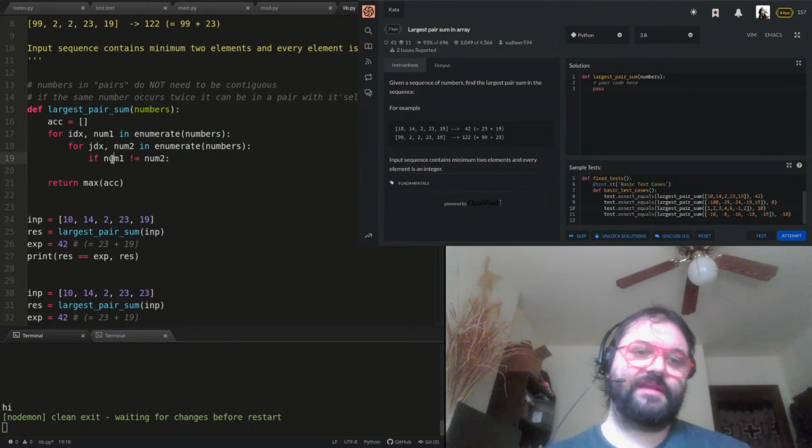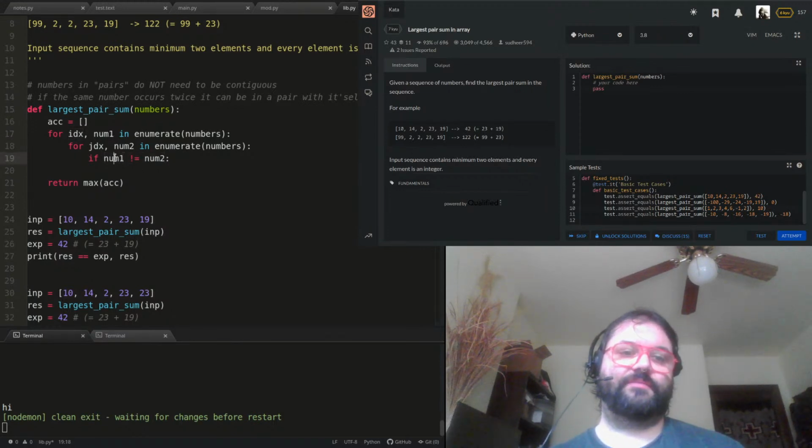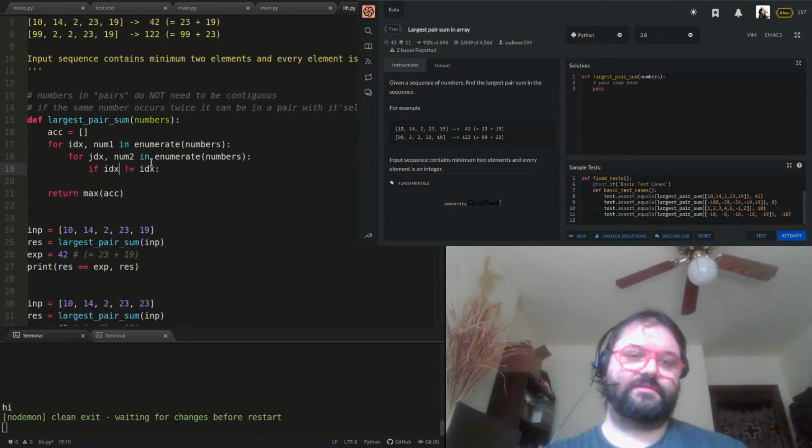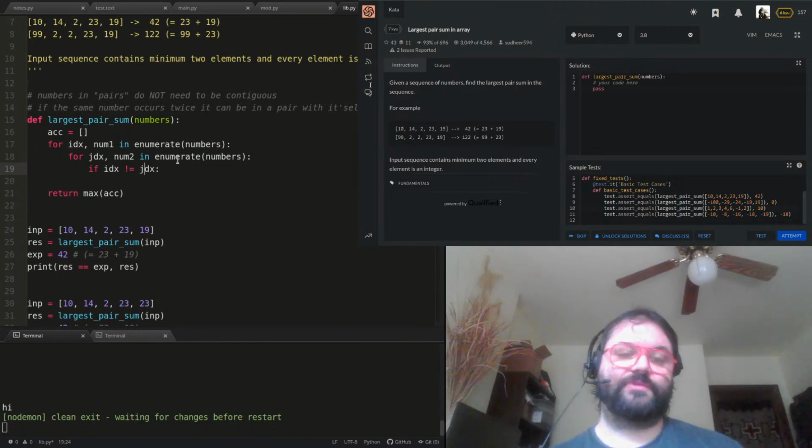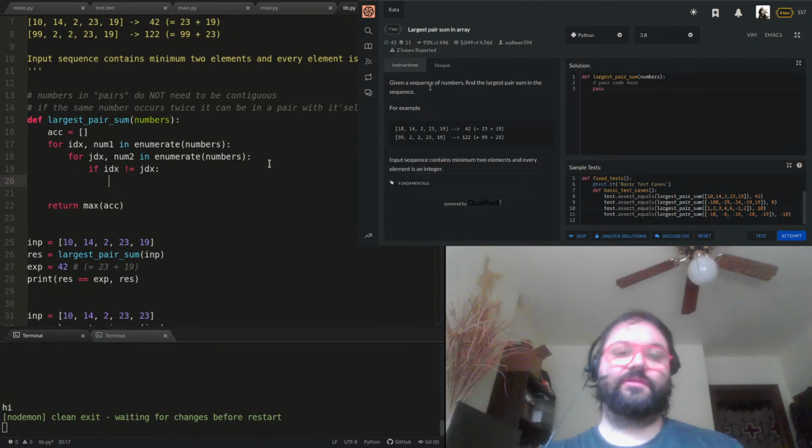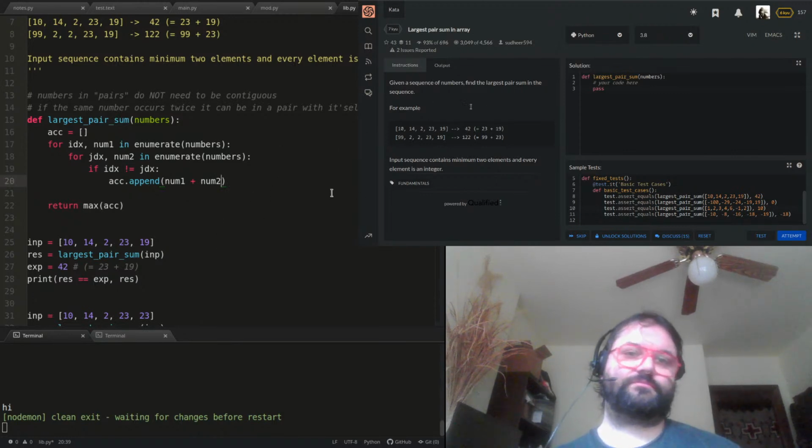Cool. So instead of num1 not equals num2, I'm actually going to do IDX versus JDX. So if IDX not equal to JDX, then we will acc.append num1 plus num2. Okay, cool. So